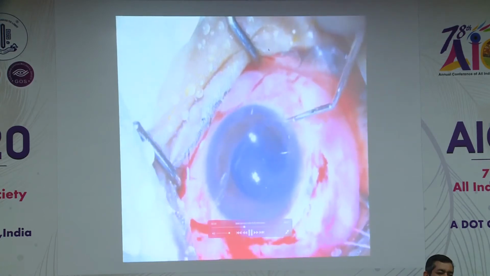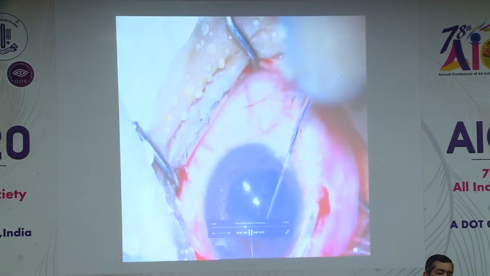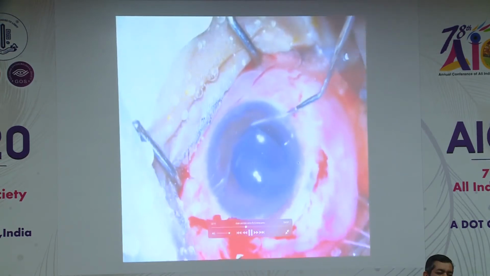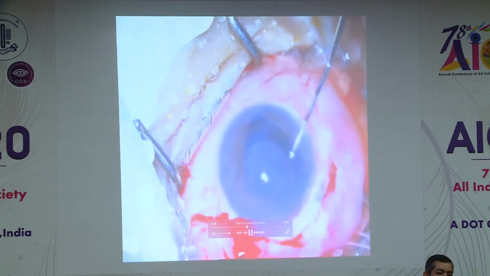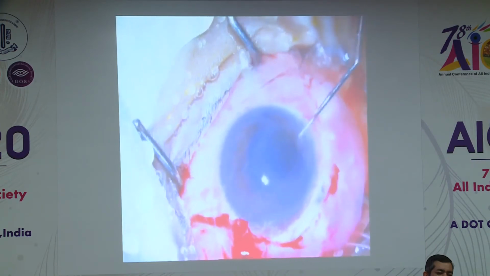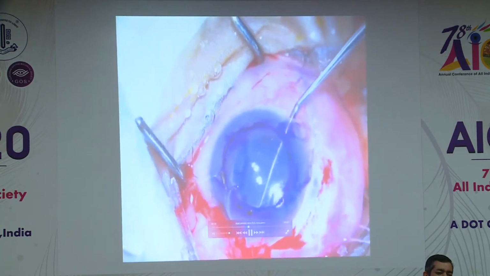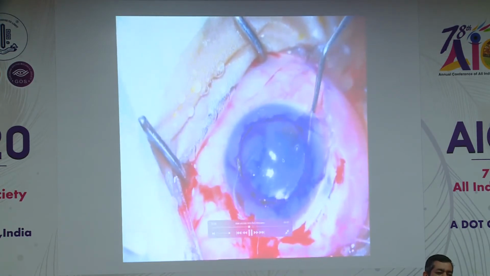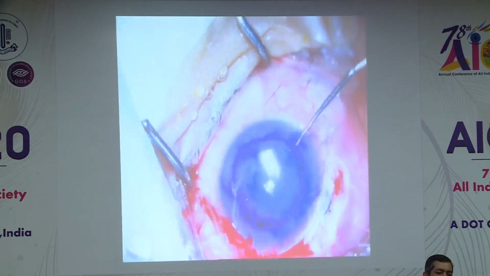This is a second case which has got an IOL. You can see the IOL has got a haptic in front of the iris. I wasn't too sure whether the PC was intact or not. UBM did not really reveal the PC status. So in this case, after I got the IOL in the AC, I did a Descemet's scouring.